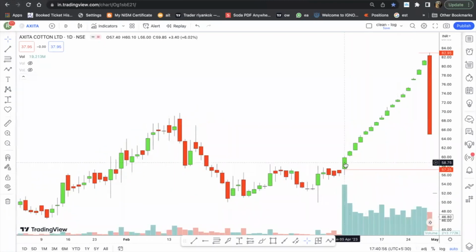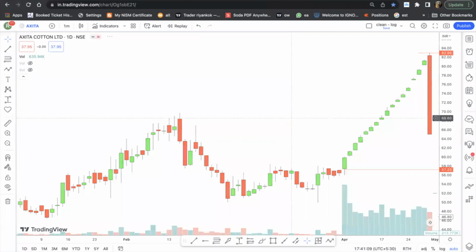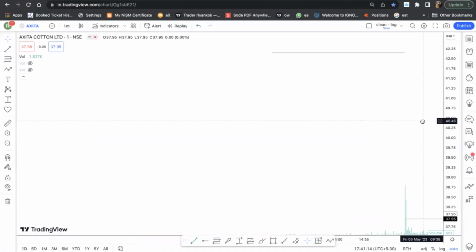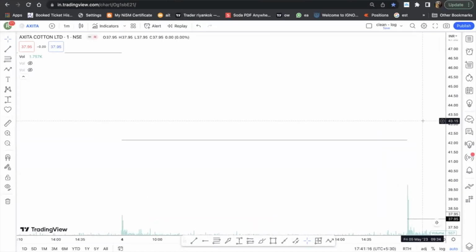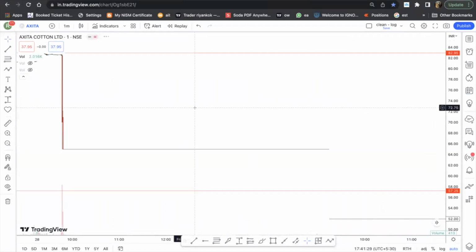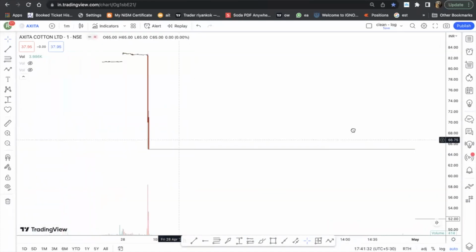How many days was this? This was roughly 15 days, right? 15 days, we can see 57 to 82. Just in 2 days, सिर्फ 2 दिन में stock 82 का 52 आ गया. Okay. And one thing I will show you, this is a 1 minute chart. Okay, let me show you how the lower circuit really hits. अब कई लोगों को क्या लगता है, some people think that since it is a 20% lower circuit the stock is hitting, it might give us some time, right? It might be taking 5 minutes or 10 minutes to hit the lower circuit. But I am showing you, this is the 1 minute chart of Akshita Cotton.